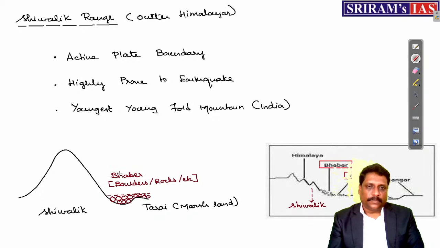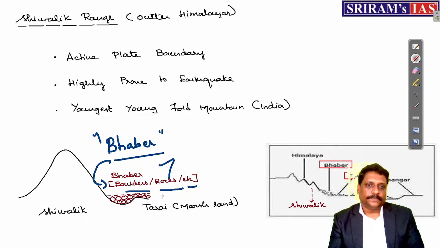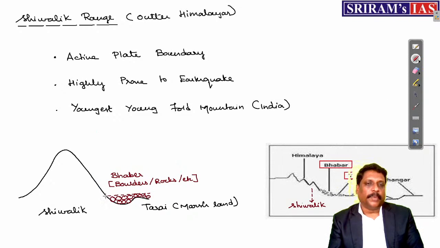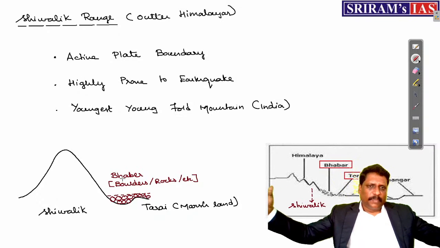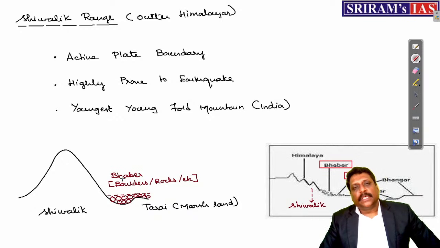And like dunes and duars, my dear friends, the foothills of Shivalik also have a deposit. This deposit we call them as what? Babar. Very big boulders and rocks, we call them as what? Babar. Okay. And when I talk about this Babar, this is a place where big boulders and rocks, landslided materials, all put together, we have this Babar.